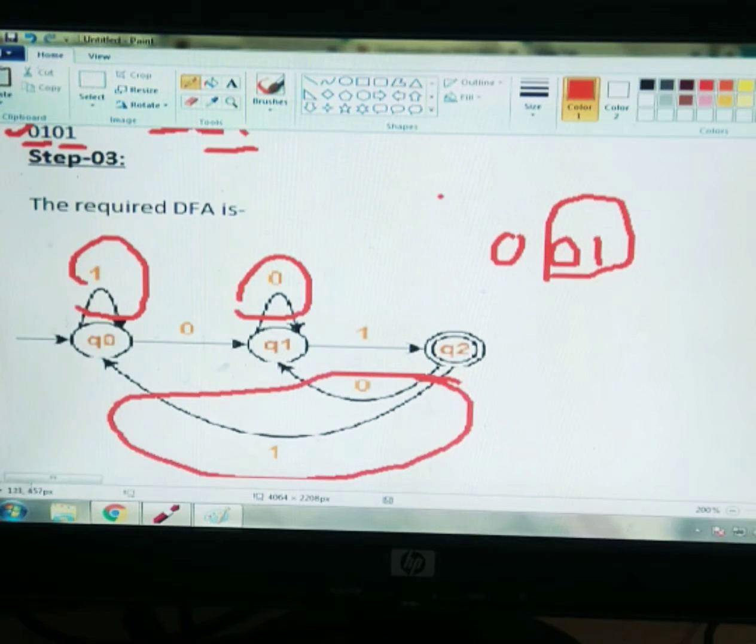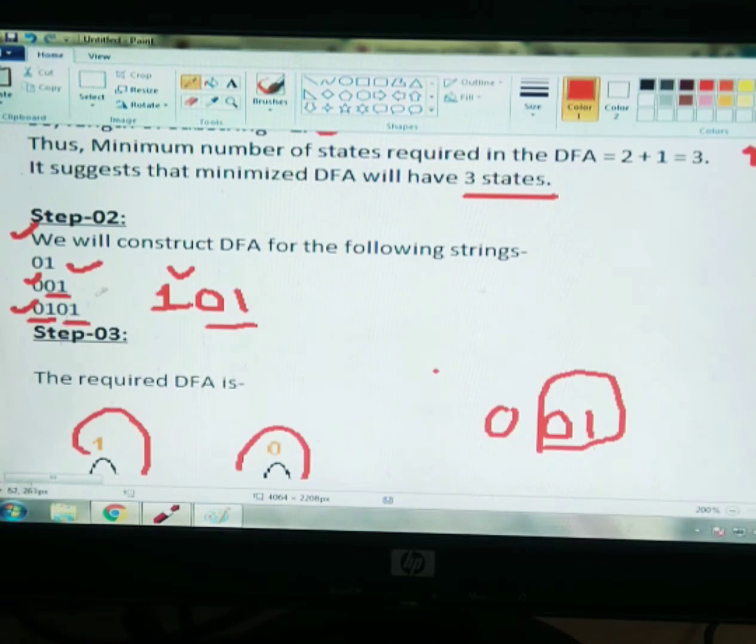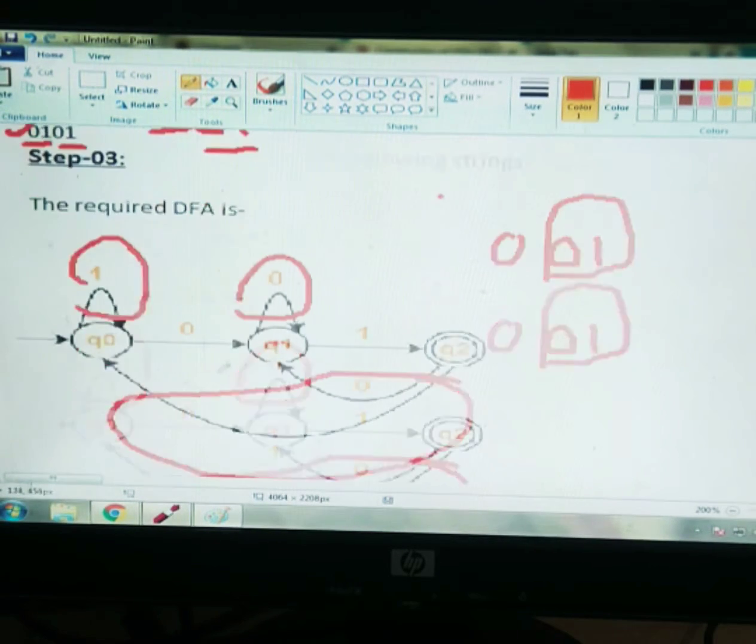So if the basic string is 0 1, it will reach the final state. And if it is 0 0 1, we have given a self loop here for 0, or we can also do it like 0 0 and 1. Okay, now if we switch to another string, that is 0 1 0 1, that is, any combination of 0 1,